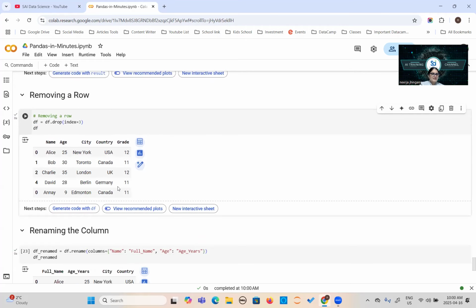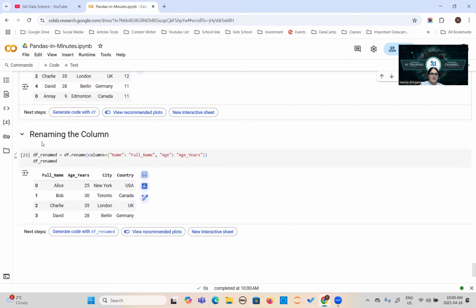And then if you want to rename the column, this is very easy and it's an interview question too. df dot rename columns. You can rename multiple columns at a time, or one column at a time. This is your choice. We are renaming multiple columns. I want to rename the name column to full name, and age to age underscore years. And we are using curly brackets here because you are using the key name and value. This is the dictionary. Did you understand now why it is important to learn the fundamentals?